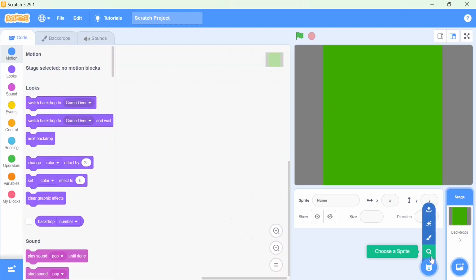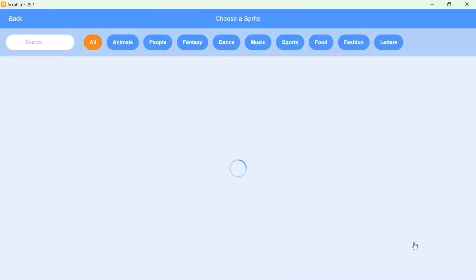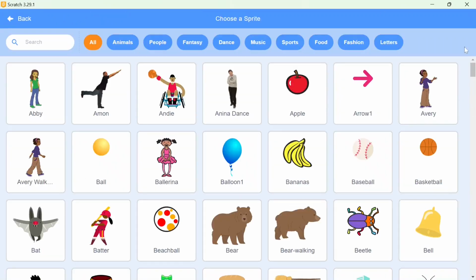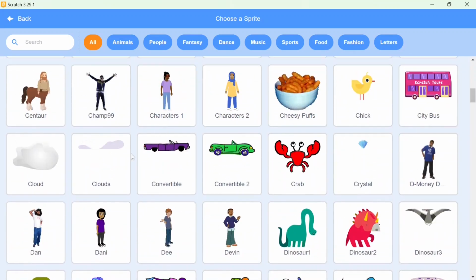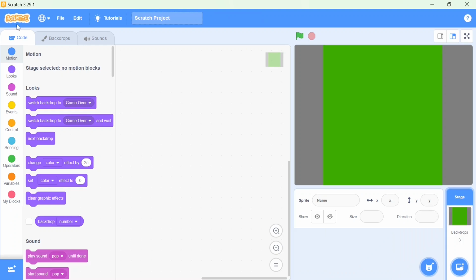Here we need some sprites like cars and also hearts, which are not available in these sprites. You can see over here there are no life hearts and there is no car which I want. I don't want these cars. I want some sports car. For that, what should I do? Here we have an option to upload it, so we can upload the sprite from the internet or from your system and you can use it over here.